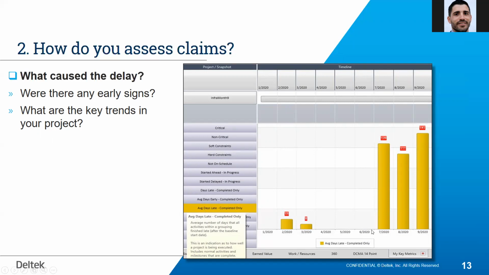In fact, I have 3 months that none of these activities that finished were completed during these 3 months were delayed. However, after month 6, I can see that this metric is getting higher and higher. There's a small reduction in month 8, but the metric jumps pretty high in month 9. So either using bar charts or trend lines, I can really help my team communicate potential problematic areas in my